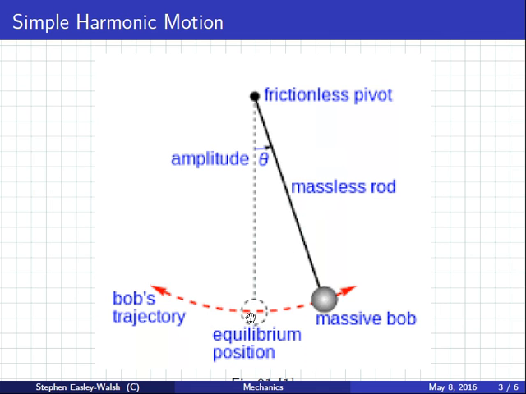the equilibrium position is in the center, of course. We don't usually consider the rod or the string to have a mass, so we say it's massless. We usually consider this to be frictionless, meaning it's smooth, and this is not damped, meaning it will continue like this forever. Now, of course, it's a lie. The cake is a lie. This is not true, but it's close enough. It's good enough. Draw this beautiful picture for me.